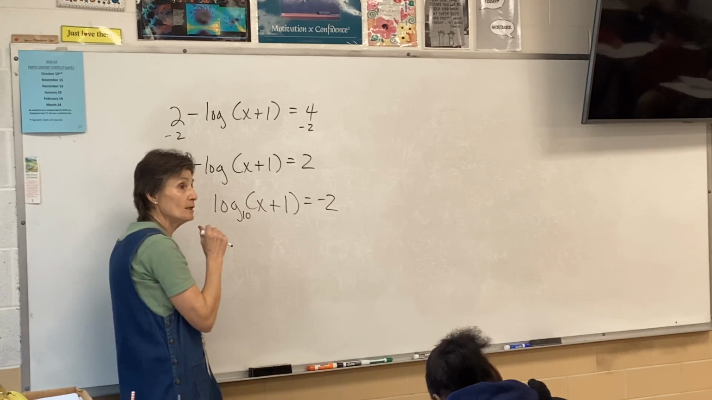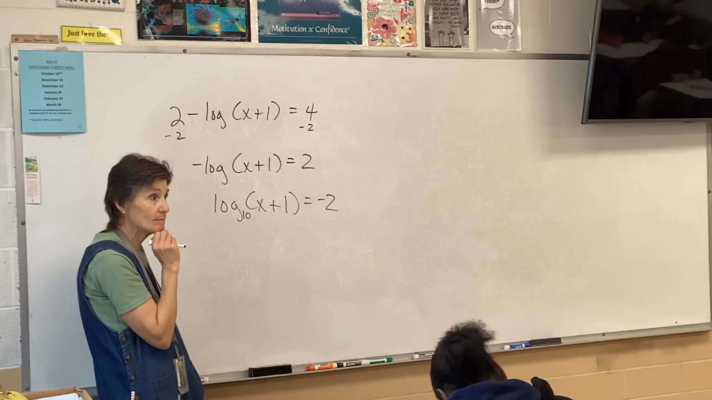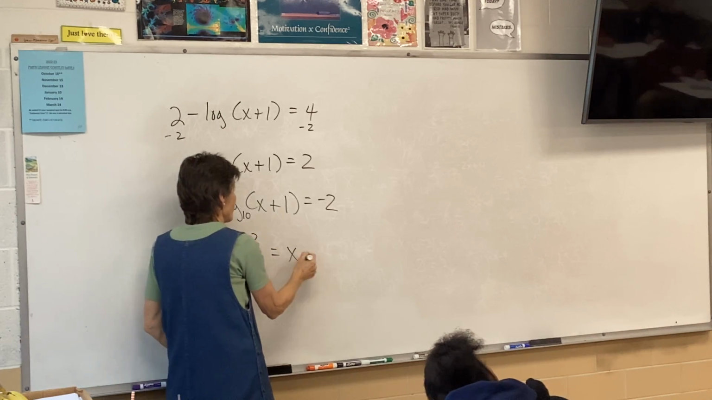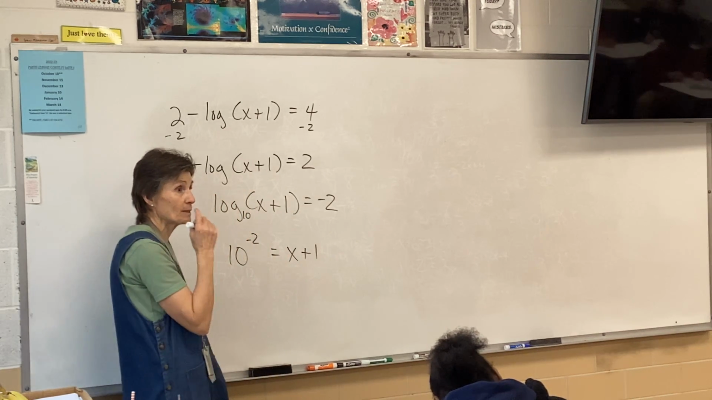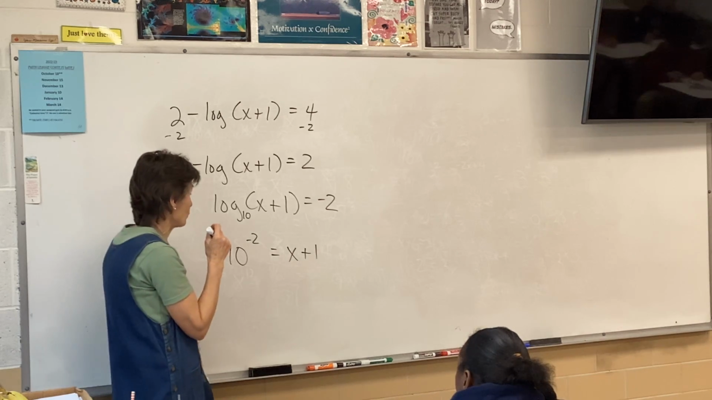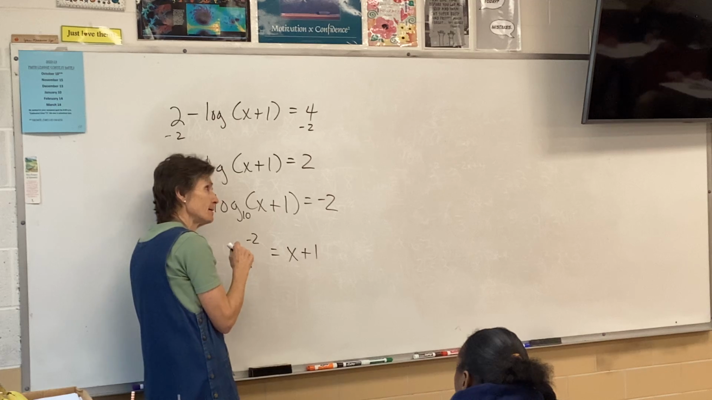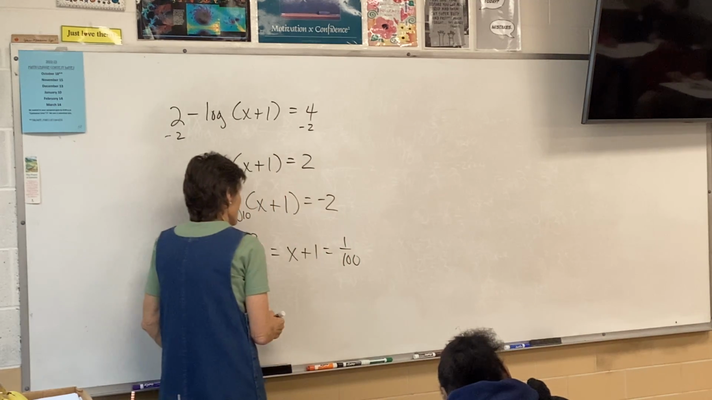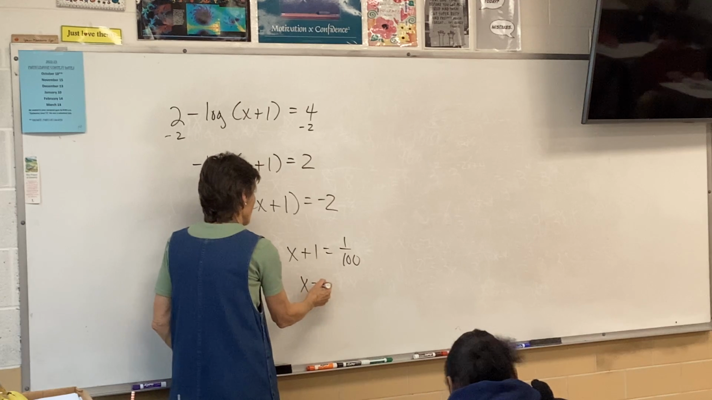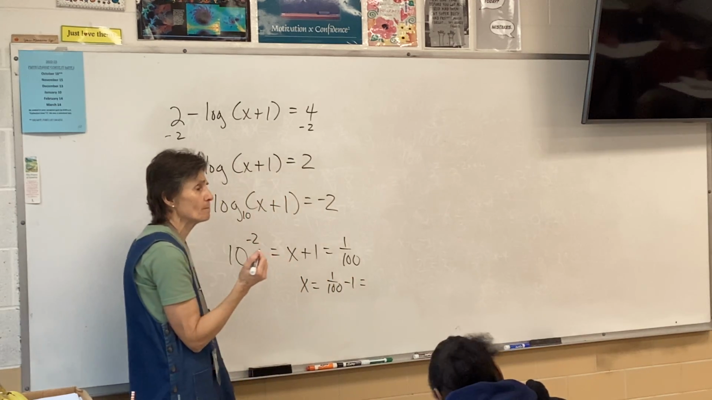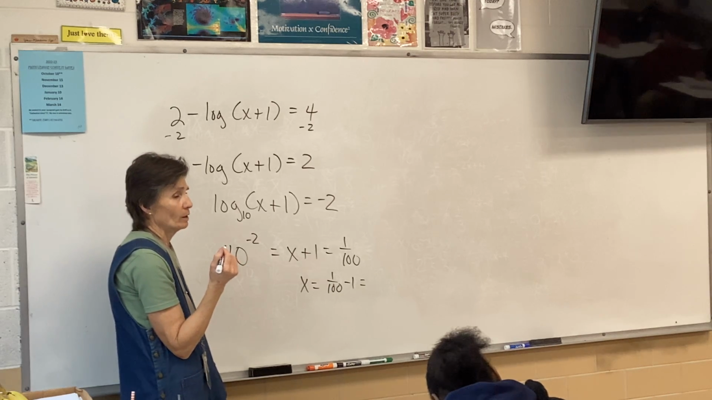Now I can loop-de-loop. The base is 10. So 10 to the -2 equals x plus 1. Is everybody okay with that? And of course, what's 10 to the -2? 1 over 100. So now I have to subtract 1. So 1 over 100 minus 1 will be